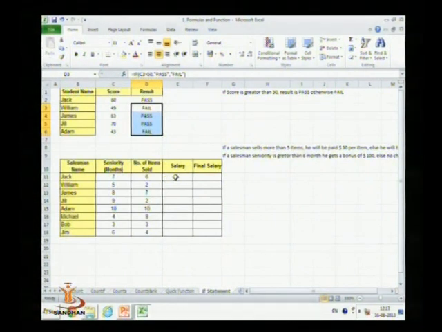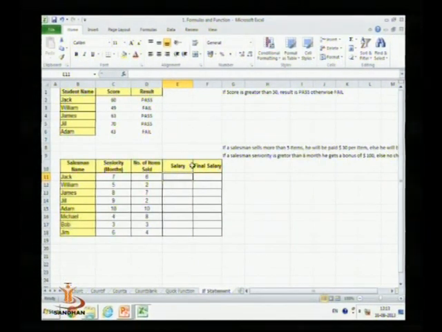Similarly, we have another example to calculate the salary of different employees. Suppose a salesman sells more than 5 items, then he will be paid $30 per item, else he will be paid $20 per item.